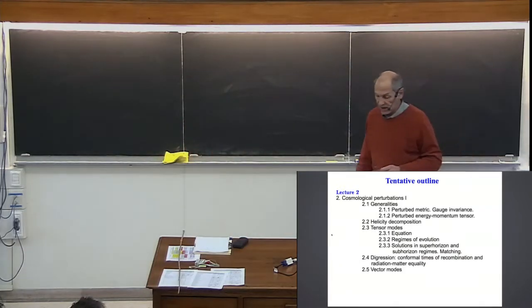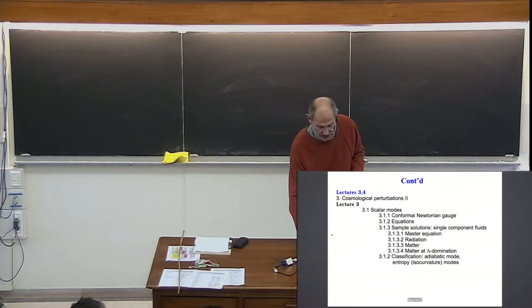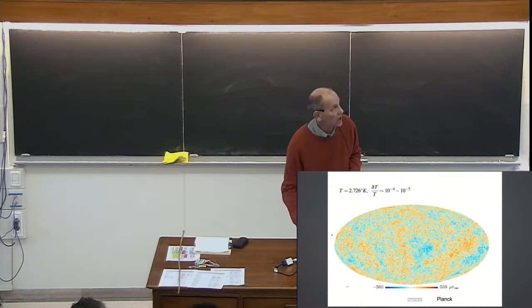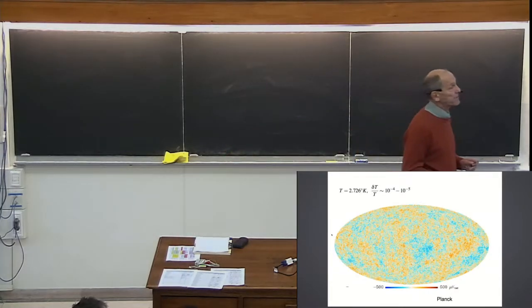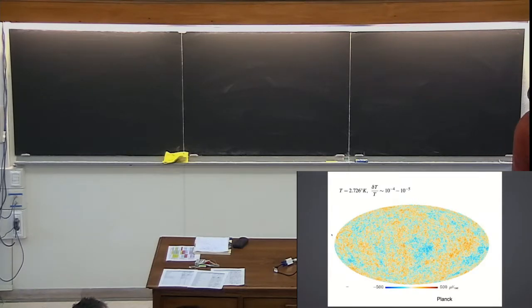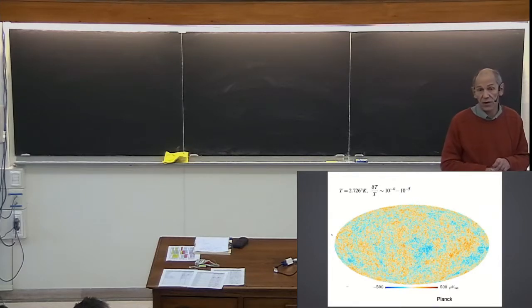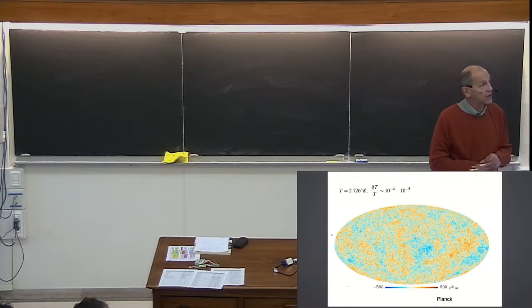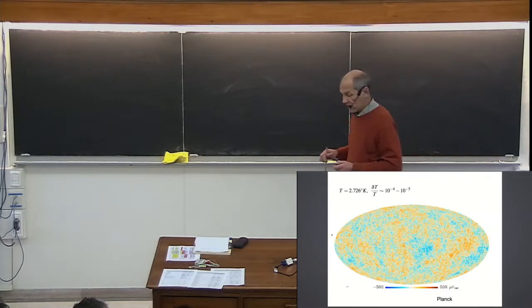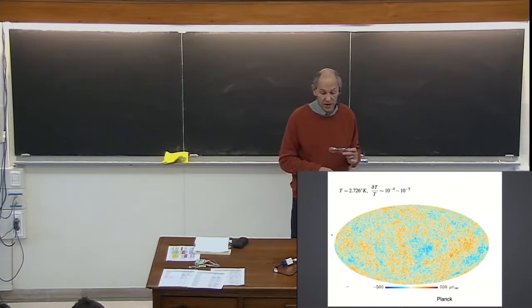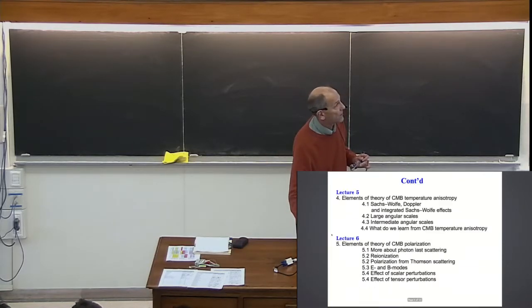Okay, and this is directly seen in the cosmic microwave background. This picture I have shown yesterday. The point here is that, of course, there are warmer and cooler places in the universe, but the relative fluctuations of temperature are on the order of 10 to the minus 4 to 10 to the minus 5, depending on scale. So they are really very small in amplitude, and therefore the linear analysis is actually quite appropriate.